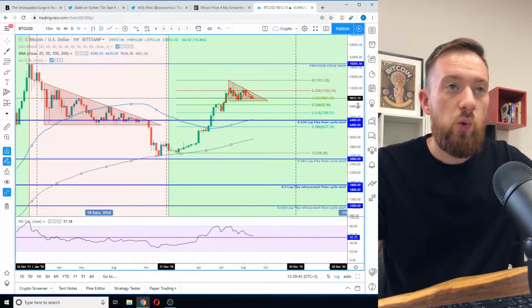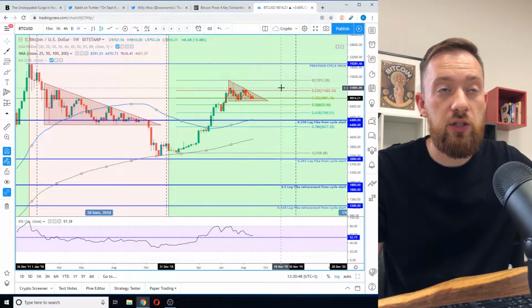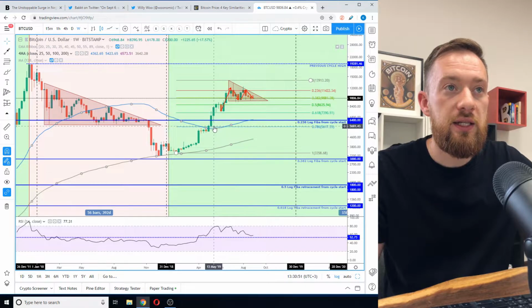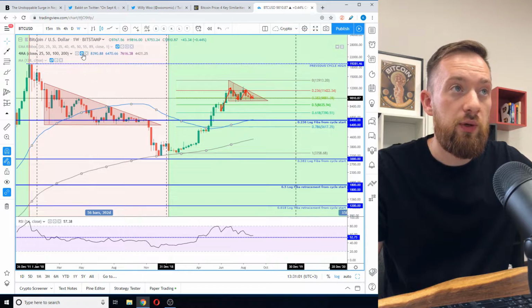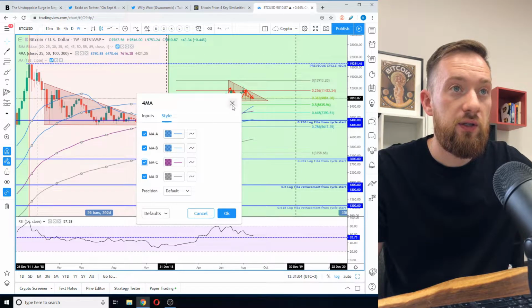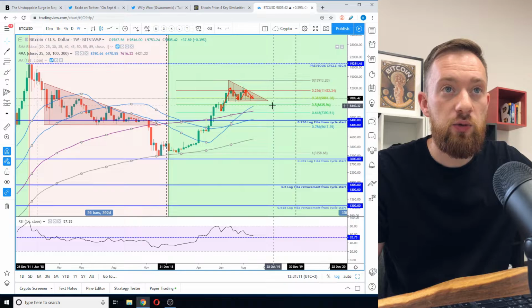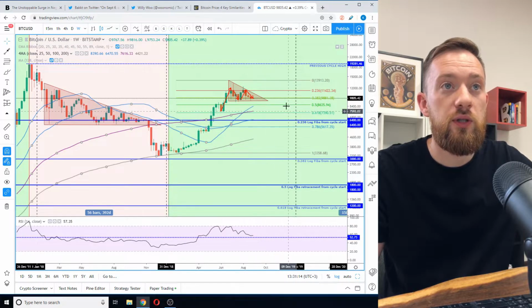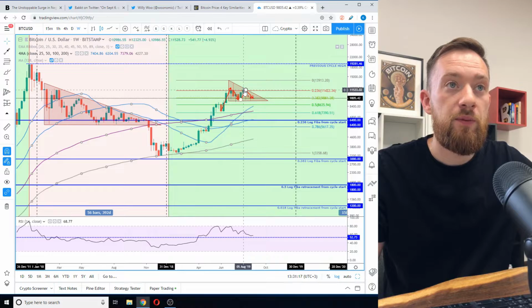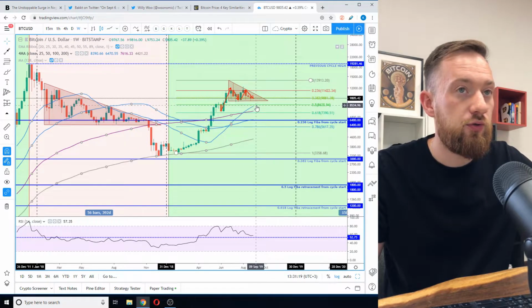One last thing that I wanted to show you in support of this retracement and then continuation of the bull market would be the idea that on the weekly chart the 50 moving average is actually going towards this 8,600 level as well. We can switch the 25 and 100 and the support area, the first support area at which the price will touch it on a weekly basis will be 8,600, which is also the 0.5 Fibonacci retracement, the breakdown of the double top, the breakdown of the triangle,